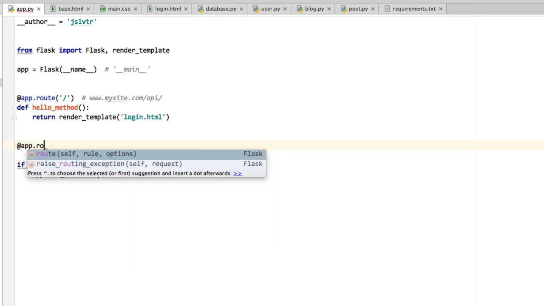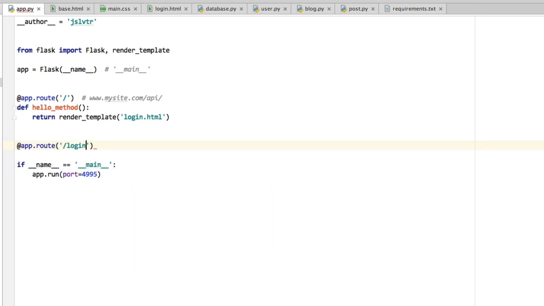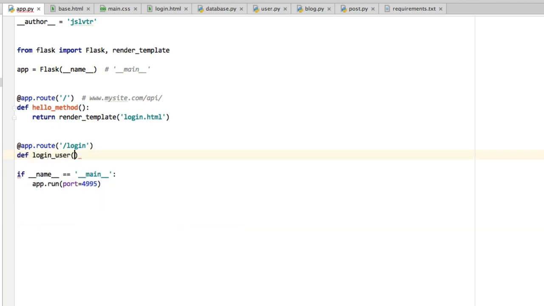So I'm going to say app.route /login. And now this /login is going to get the contents of that form, get the email and password, and log the user in if they are valid. So remember, we have to define a method that will get called when that login endpoint gets reached. And in this login user method, I'm going to say